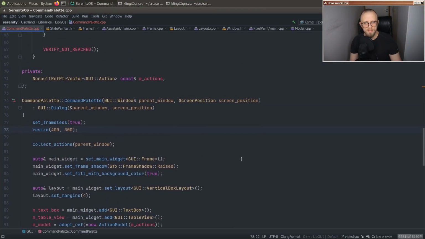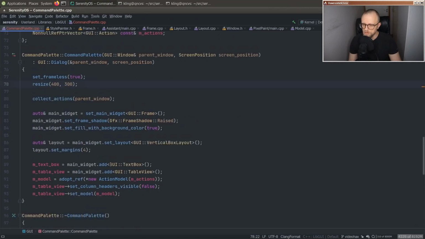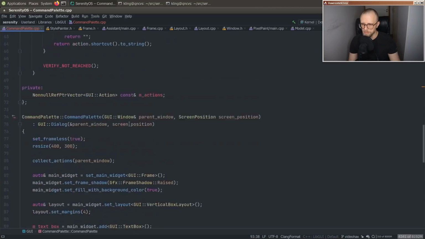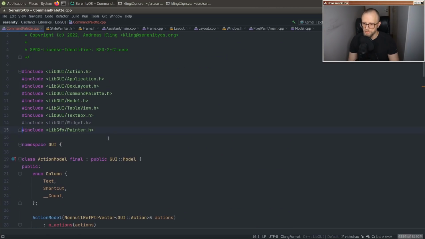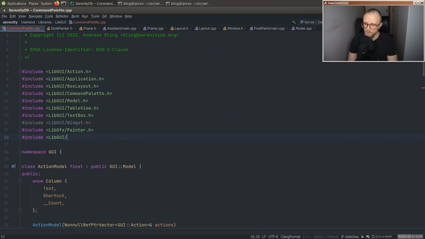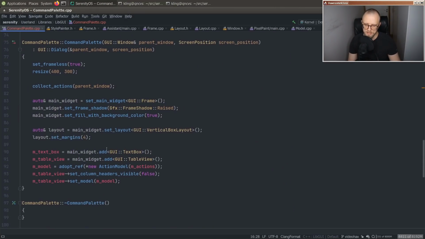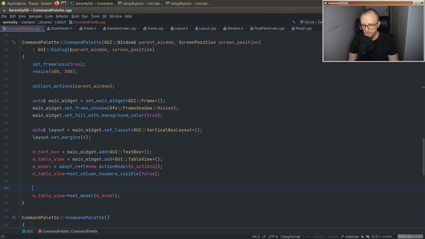And then what happens next? We want to filter using the thingy. So for that, we have a text box that we want to use for filtering. So we've got to hook that thing up using a filter proxy model, which I'm not sure if I ever actually used for anything myself. So let's see if the API is as intuitive as everything else. So instead of setting the model directly here, what we should do is set,